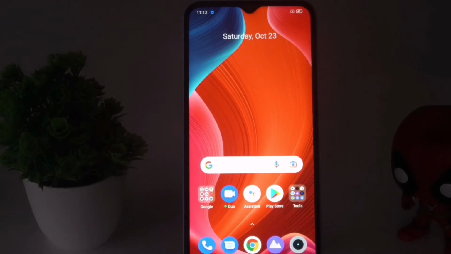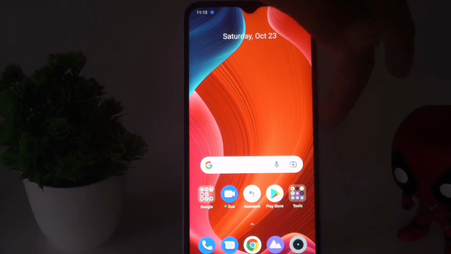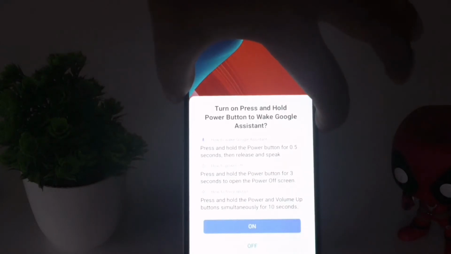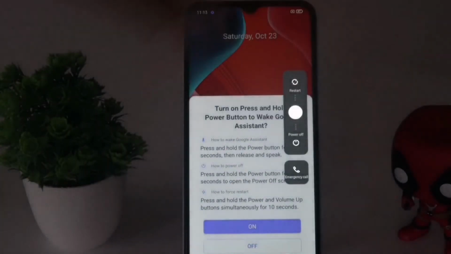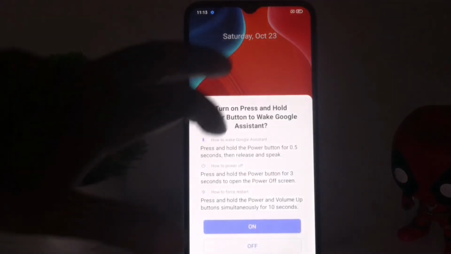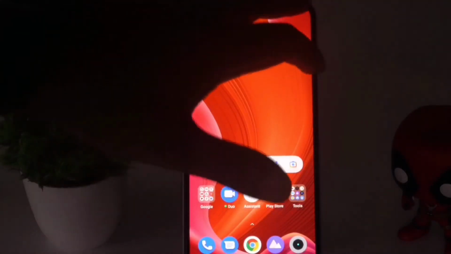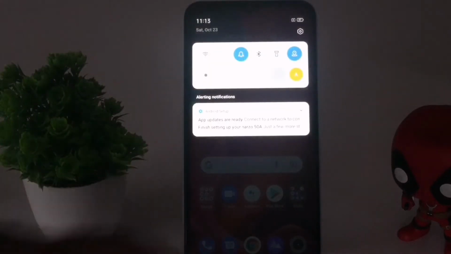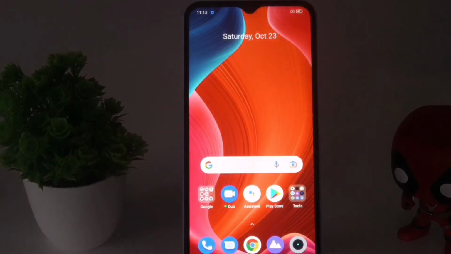If you don't know how to reboot, you don't have to worry. All you have to do is use the power button over here. As you can see, we have a power button. You just have to press and hold the power button for 5 seconds. Now we have an option, we can go for a reboot here. And most probably after doing the reboot, you have to check the Bluetooth and see whether the issue is solved or not. This is what you have to do.